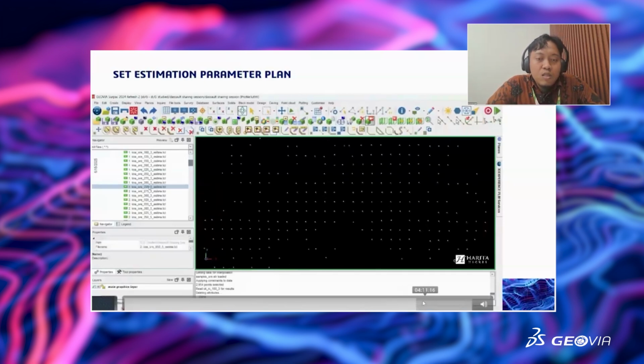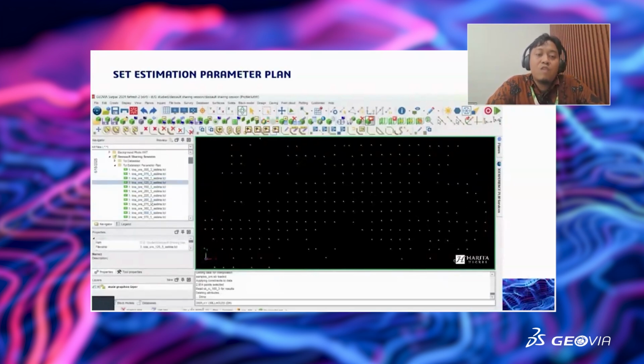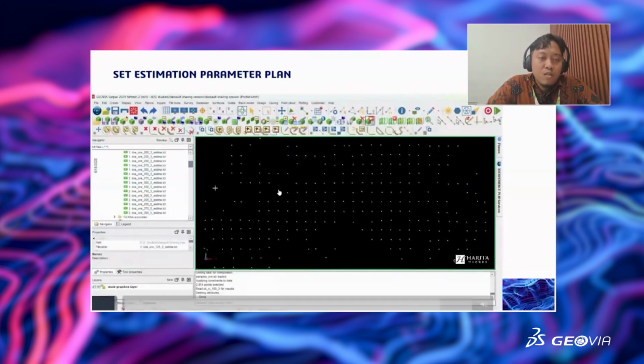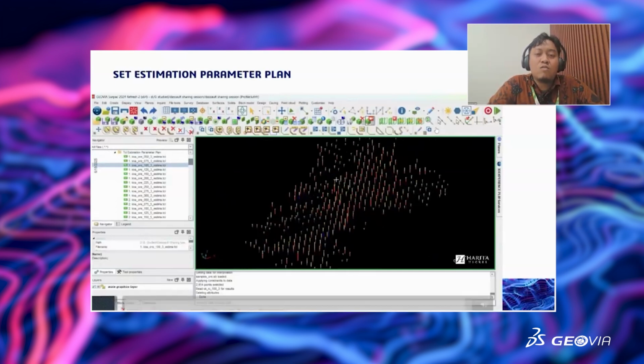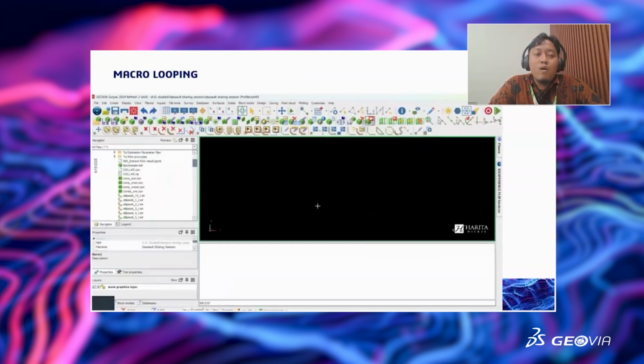So when we do the estimation here, when we do the TCL file here, we need a lot of TCL files, so it will not be effective, we think, because it will have a lot of TCL. Maybe the major distance is 11 parameters, and the vertical distance is 5 parameters. It will be 11 by 5, which is 55 TCL. We want to use this for the scan step, but this is not too efficient. So I will show you how the macro looping works in this KNA process.